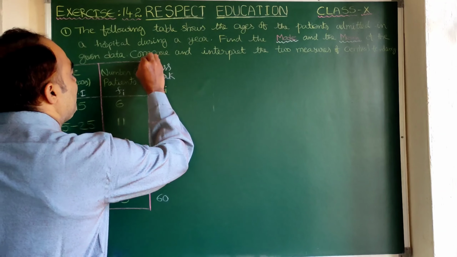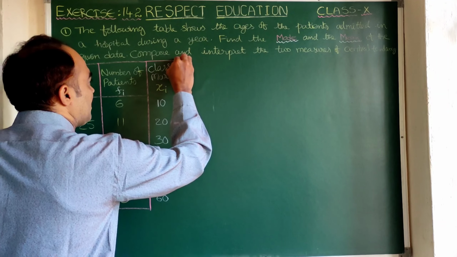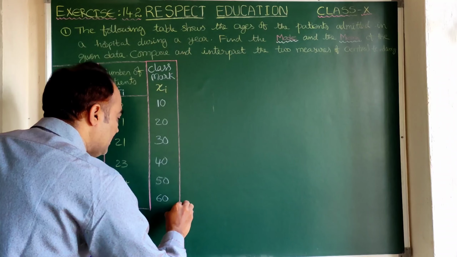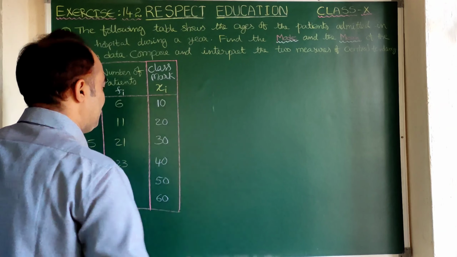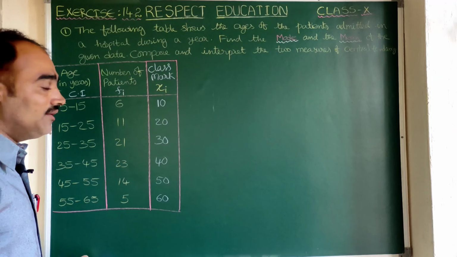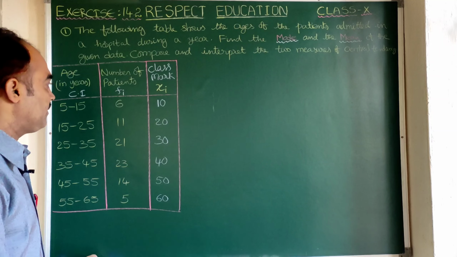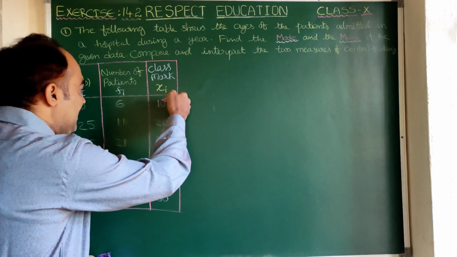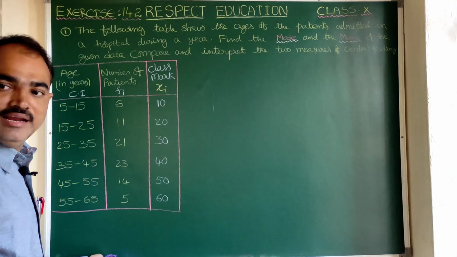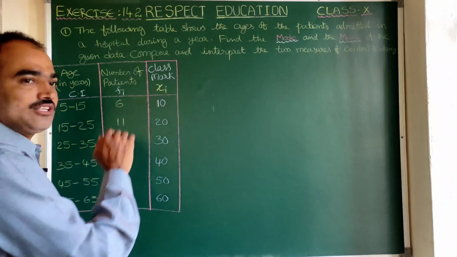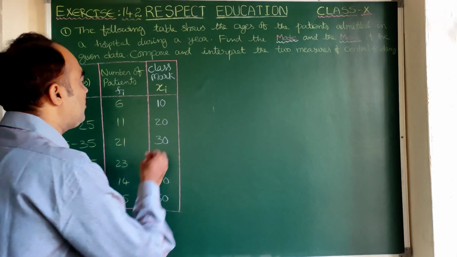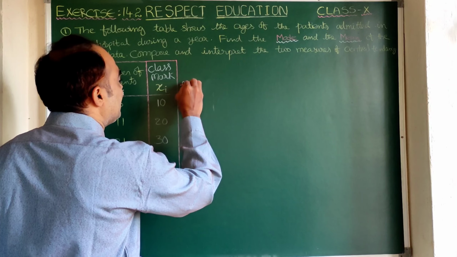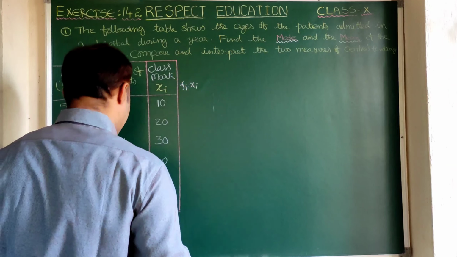Now here we have to decide whether we can follow direct method or assume mean method or what is another method? Step deviation method. Now we have to decide which method is to be followed. Here as the ending numbers are zeros, let us solve this problem in direct method only. Is it clear? So here for direct method, what is to be found now? Fi into xi. Fi into xi.